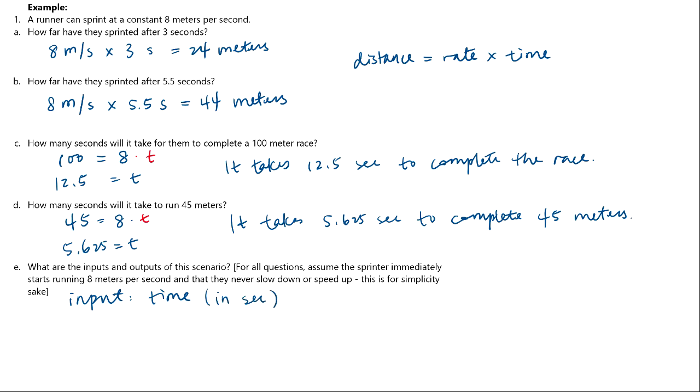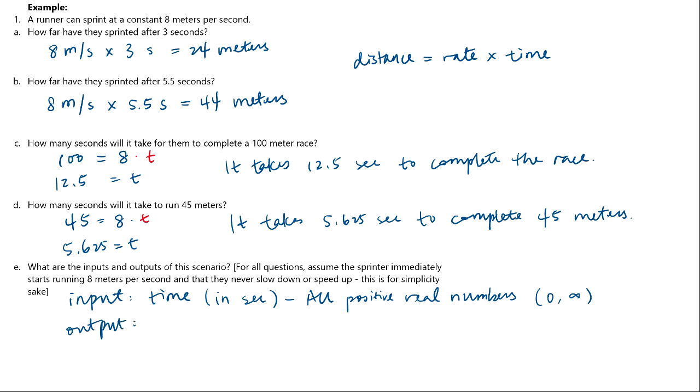And with this, we can say time can be taking any value that's positive, because it doesn't make sense to have a negative time in our scenario. It's a little meaningless to have 0 being the time in our scenario as well. So we could say it's all positive real numbers. You can also use the interval notation that we have done a bunch of times, calling it 0 to infinity as well. Similarly, for the output,